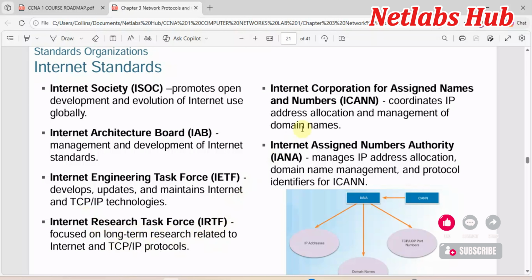and TCP/IP protocols. We've got ICANN, the Internet Corporation for Assigned Names and Numbers. This one coordinates IP address allocation and management of domain names. Generally, we've got IP version 4, and in IP version 4 there are some classes. This one determines which class is which, what it does, and who uses them. So that's the role of ICANN. The majority of ISPs rely on this